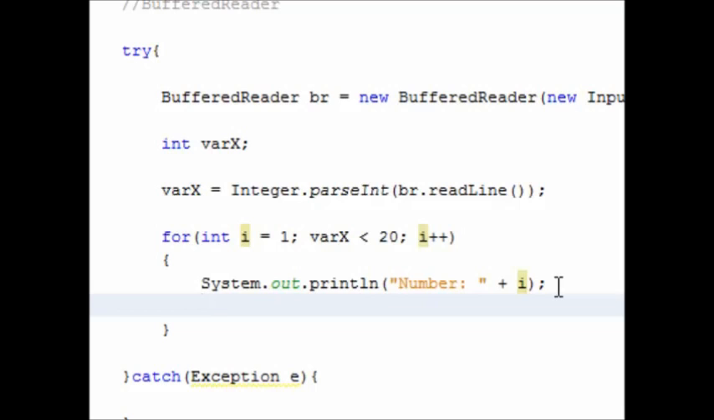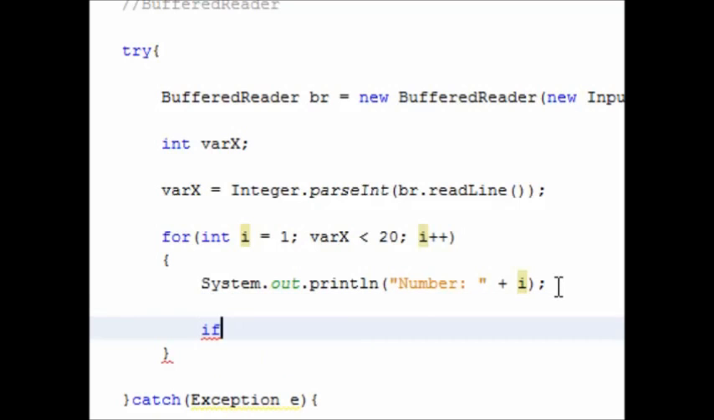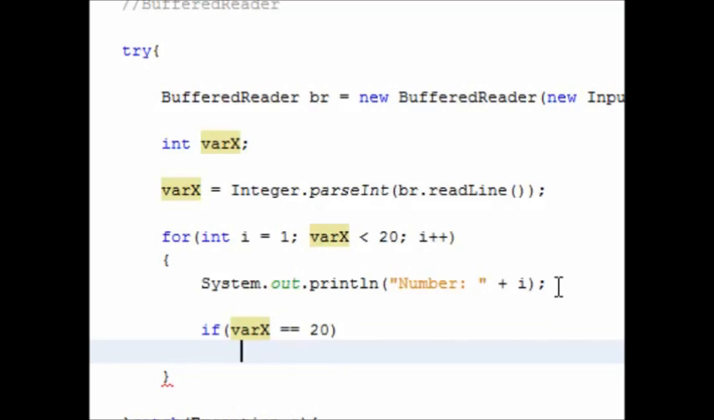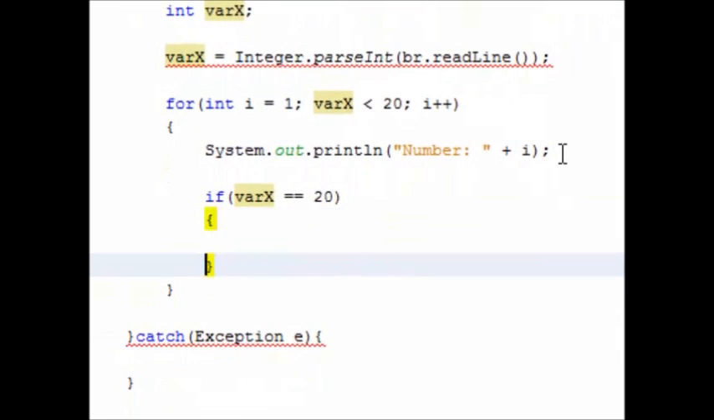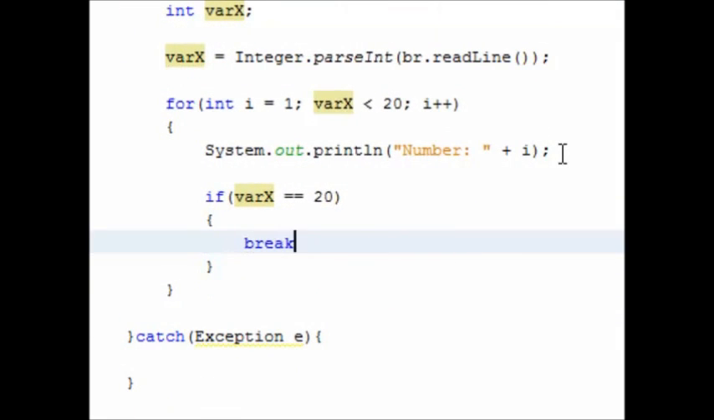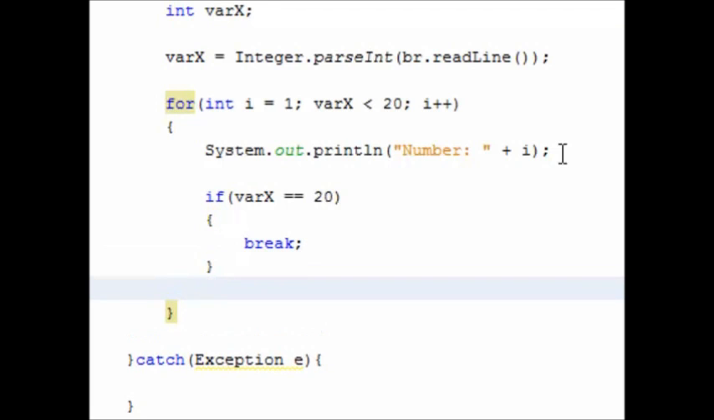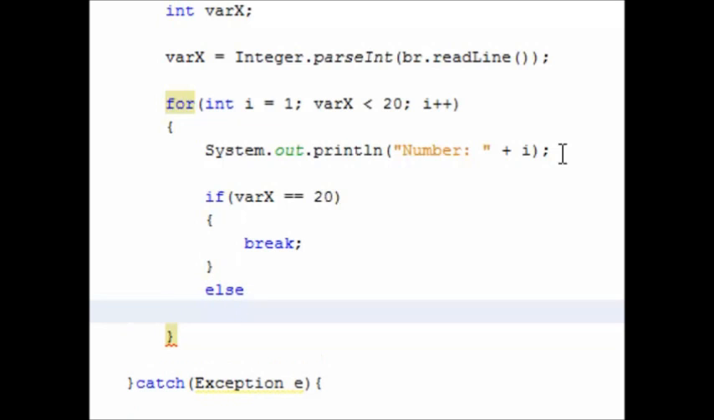Well, we are going to establish the condition with if. We're going to say if bar x double equal to comparison to 20, then we are going to break the cycle, just the reserved word break, and else if it is not true it